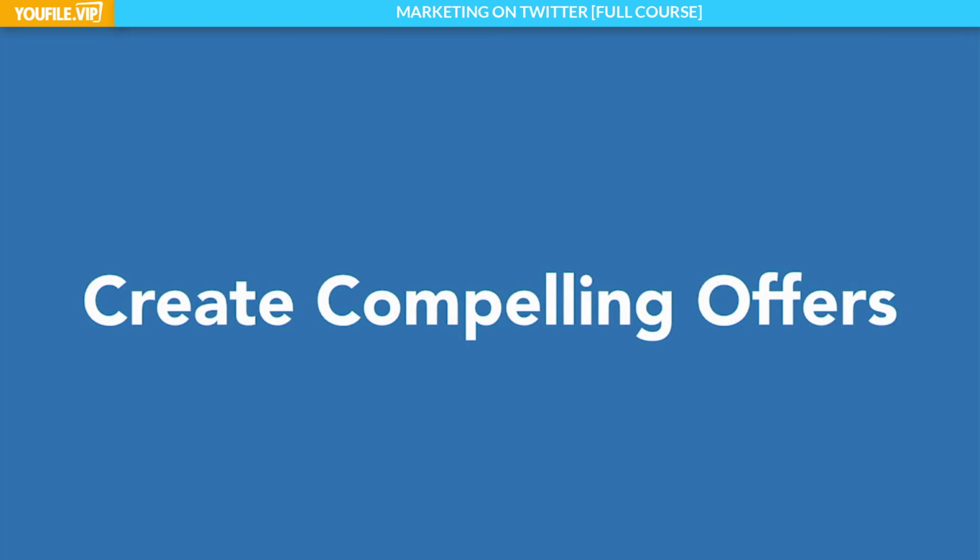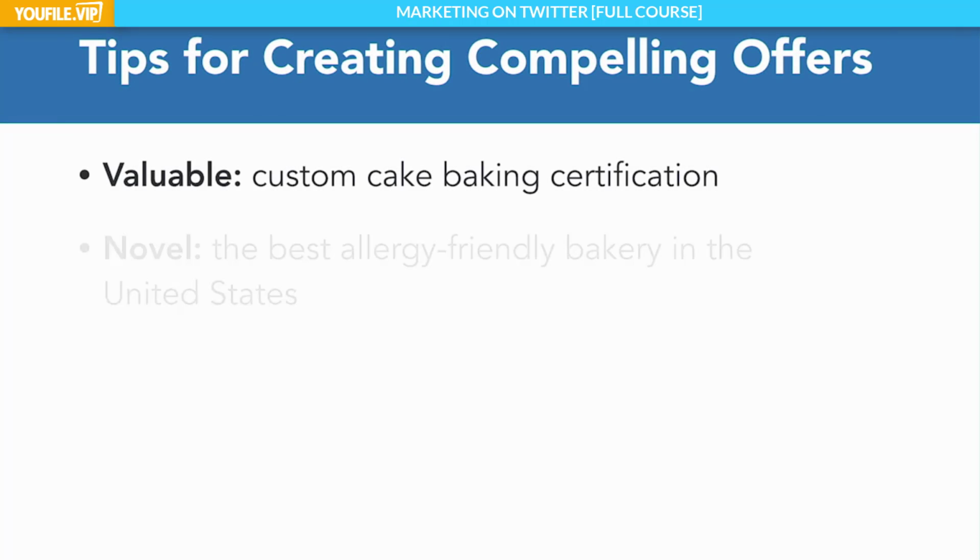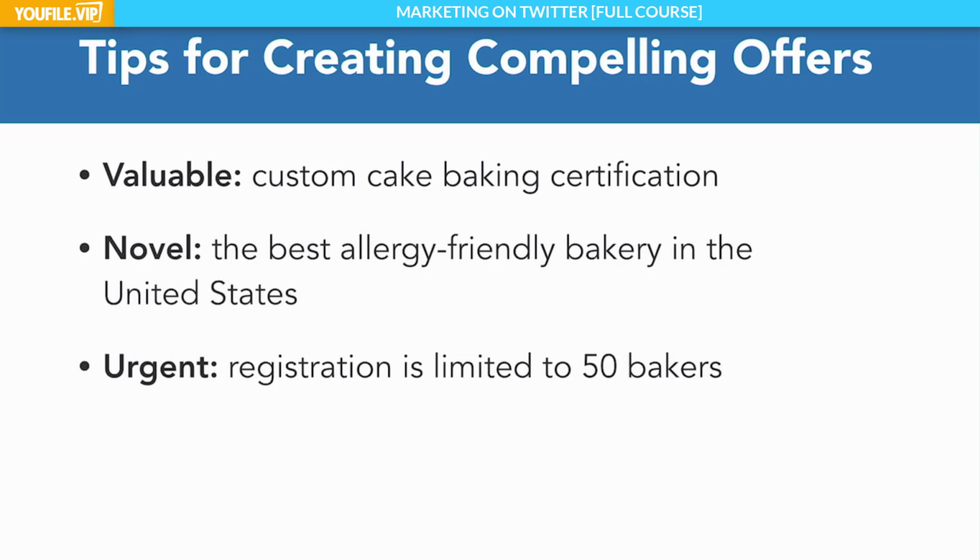A huge motivation for fans to follow businesses on Twitter is to capture special offers. And this works best for businesses that receive a benefit to repeat purchase or have a long lead time to converting a customer. The keys to a compelling offer are that it is valuable, novel, urgent, and thematic. For a follower to act on an offer, they have to feel like it's a great value. It's got to be good enough that they'll share it with excitement because they think they've stumbled onto a gold